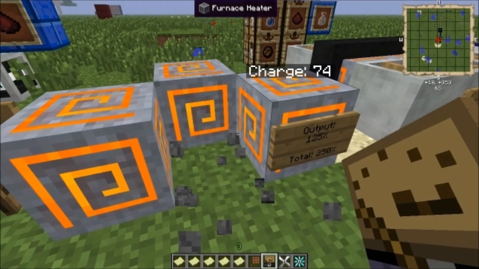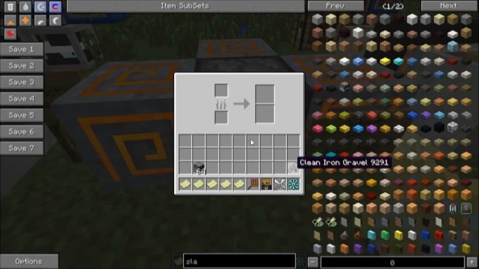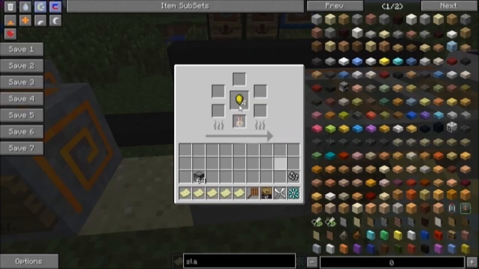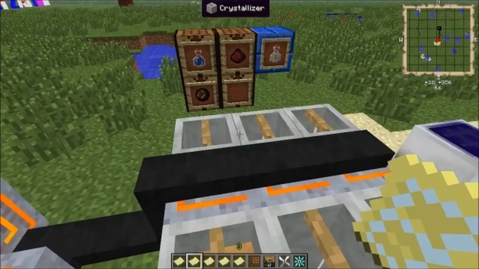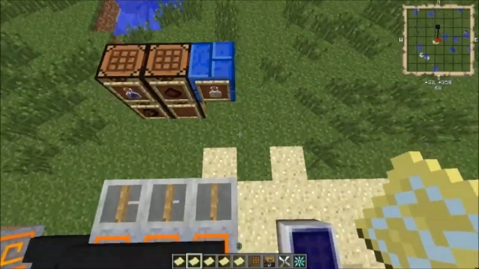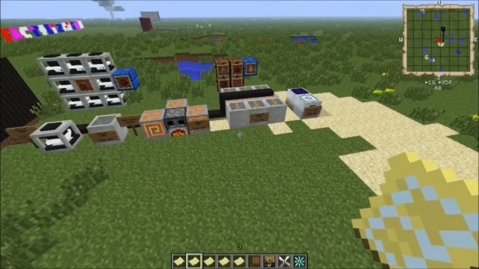You drop that in here. Oops. You drop that in here, and once it heats up, this thing can go pretty fast with all these furnace heaters. And I only got 1 that time. Then you drop this in a crystallizer with some aqua regia, which I'll show you how to make, and it'll do all 5 at once. This does not get used up. This is netherrack powder, water, and a flame charge, and that'll triple your ores if you're willing to wait for